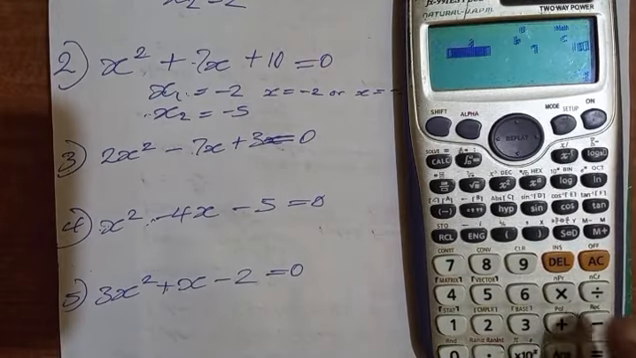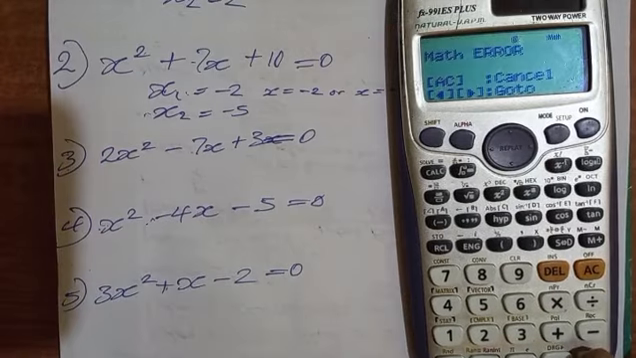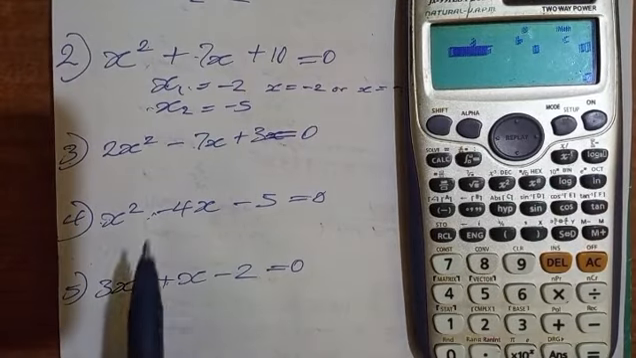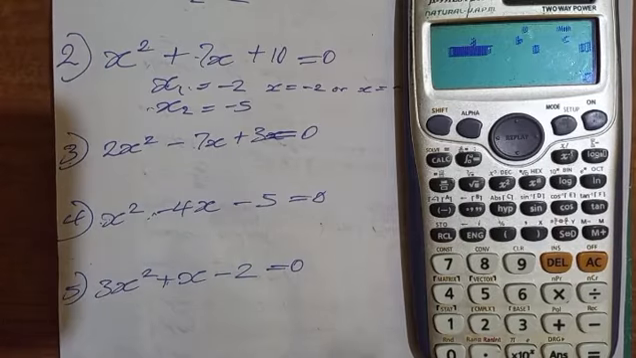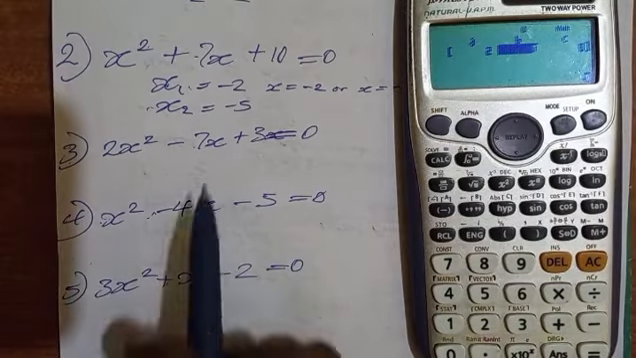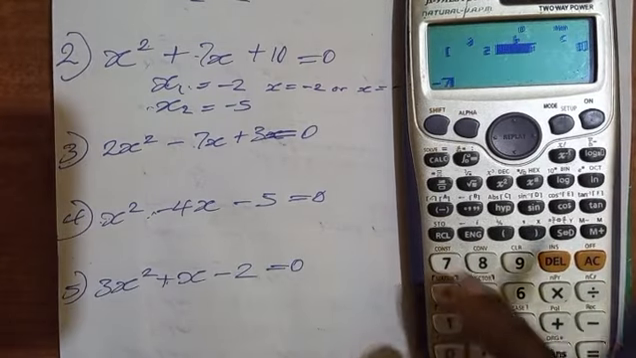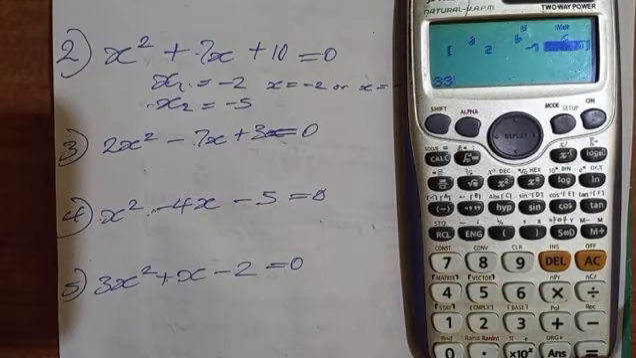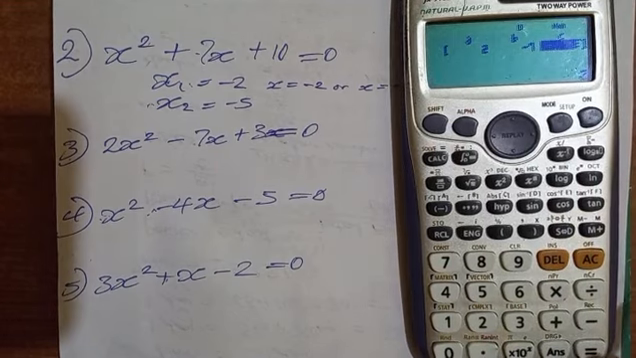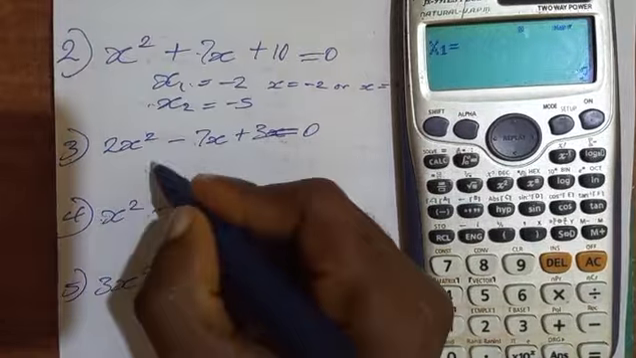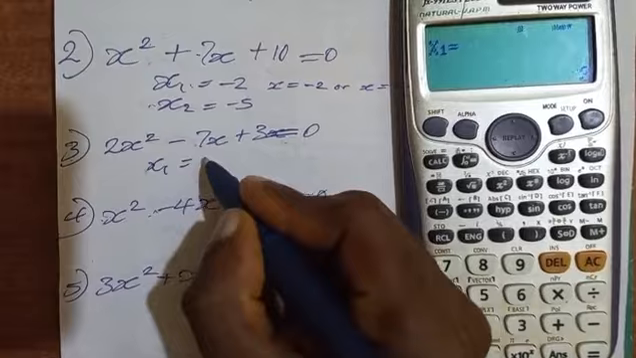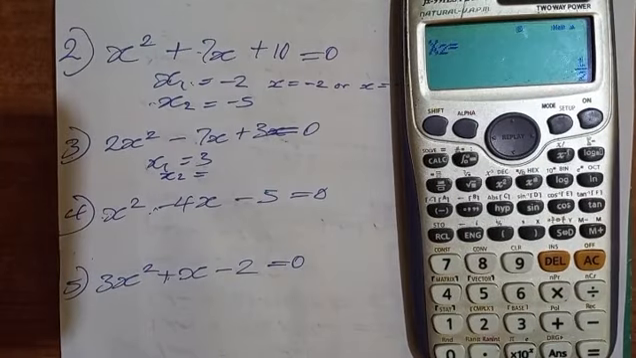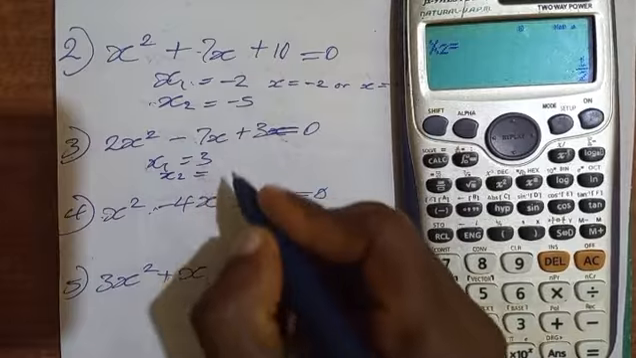So moving on to another question, which is number 3. We have x squared, input 2, equals, and this one is minus 7, equals, and this one is 3. You write 3, just one 3, equals. Press it 2 times, so x1 is equal to 3, and x2 equals, press it again the second time,